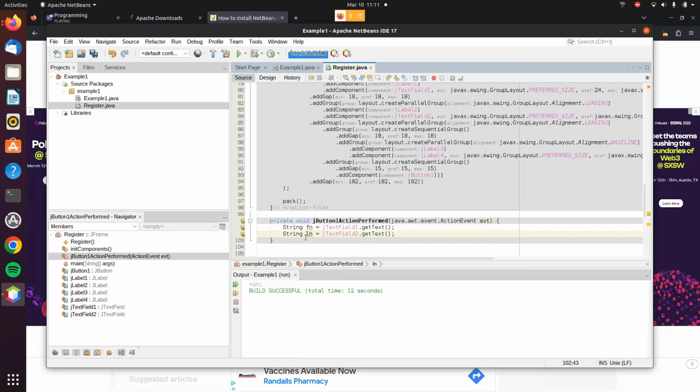Okay, now you have both first name and last name. Now you need to set the answer. You have to generate the full name. String fullName. String is a data type. String space fullName